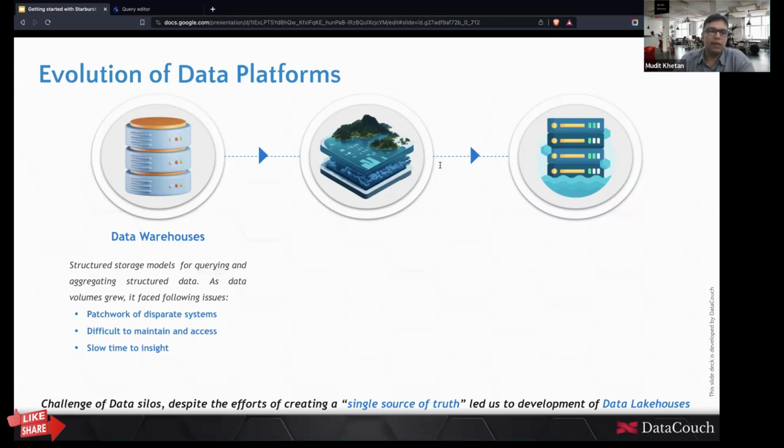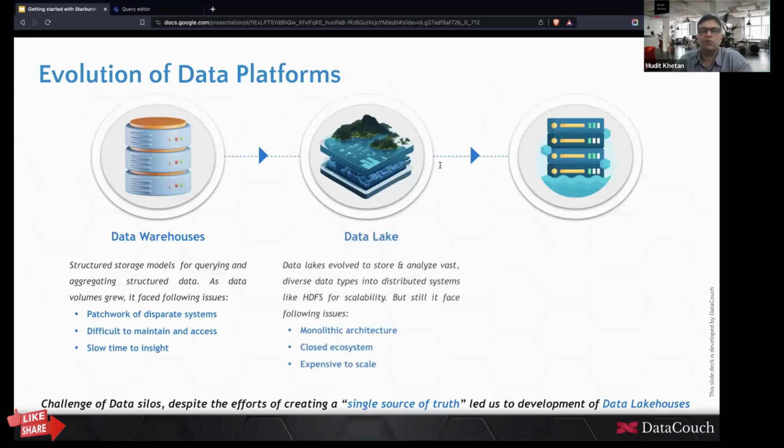And they were quite slow because of the technological issues, whether related to the hardware or the software side of the solution. As these problems continued and the cloud industry evolved, data warehouses moved to the cloud.